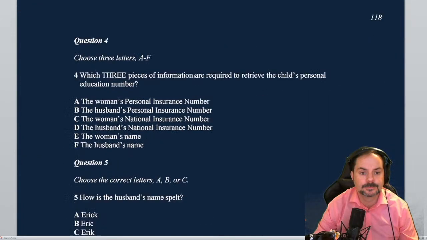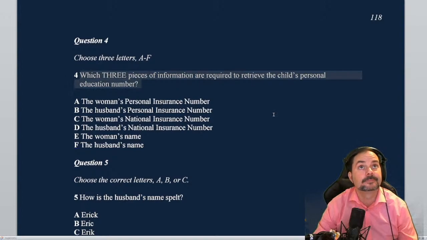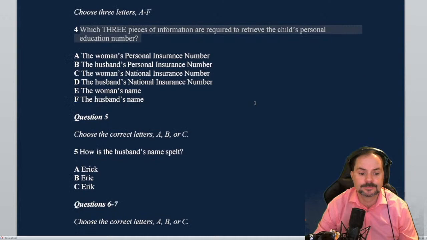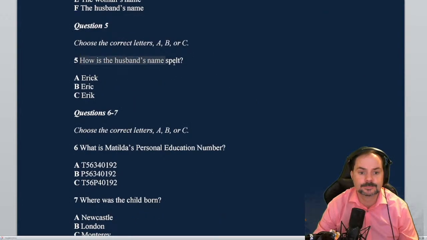Well, we can retrieve the number. I'm going to need your national insurance number as well as your husband's. I'm going to need your husband's name as well. My husband's name is Eric, with a K instead of a C on the end. His last name is Johnson, of course. His national insurance number is DF987745W, and mine is KL409115N.